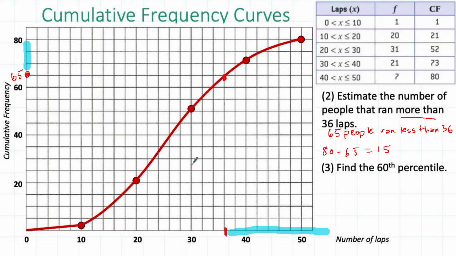So question 3 says, find the 60th percentile, and this is where we will use the formula for percentile. You can see it a few slides ago or in the box and whisker lesson. So it's like taking the percentage, basically, nothing too new. So you're taking 60% of your data. So we have 60% of 80, that will give you the position that you need for the data. So it will be the 48th number. So if I go to 48 here,